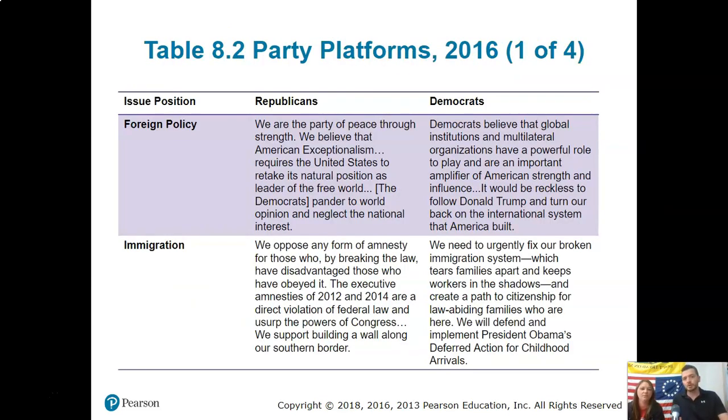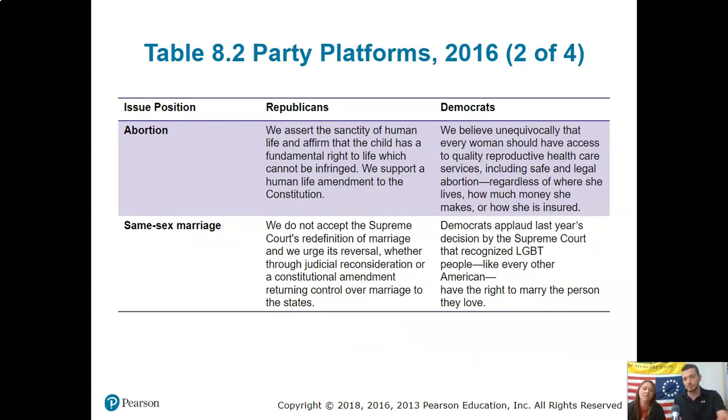Okay, so this I would spend a lot more time here on the party platform, specifically just going through the book. We've talked a lot about the difference between liberals and conservatives, and that is going to really take effect here too. You're going to see the same things we talked about: foreign policy, immigration. These are actual excerpts from each of the party platforms from 2016. Yes. So again, party platform, it's the list of beliefs and the list of things that each party wants to get accomplished.